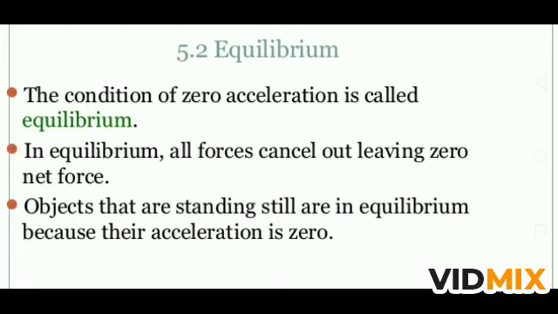Suppose a book is put on the table. The weight of the book is acting downward, and the same force is applied by the table to the book in the upward direction. So both the forces are equal, and they cancel each other. That's why we can say that the book is in an equilibrium state. It means acceleration is zero, or we can say the net force is zero on the book. So we can say that the body, or the book, is in equilibrium.